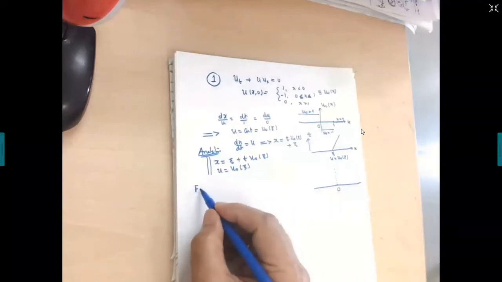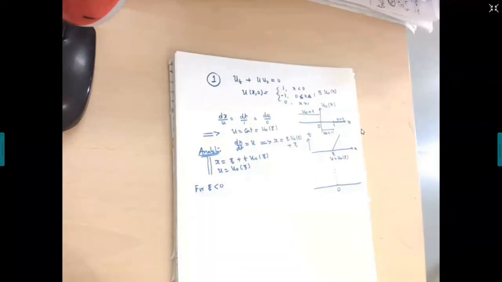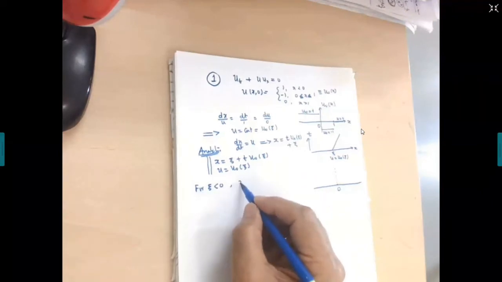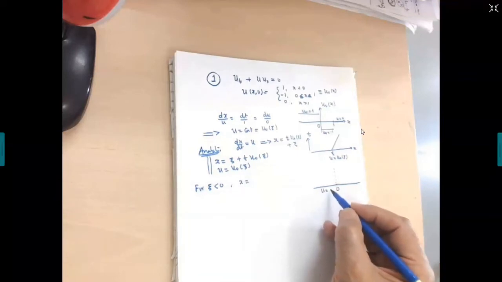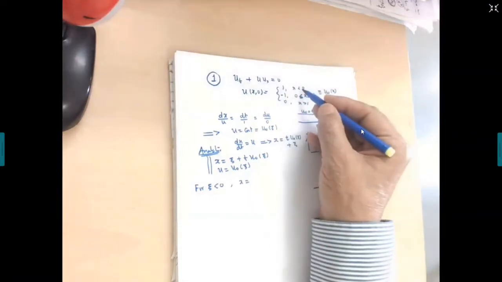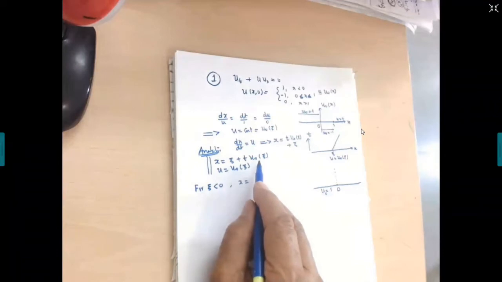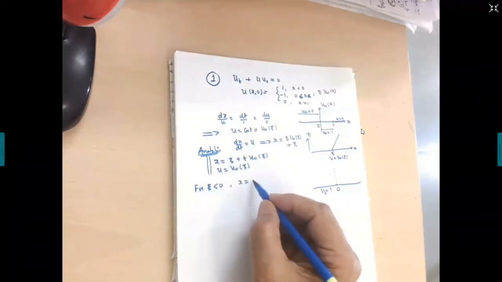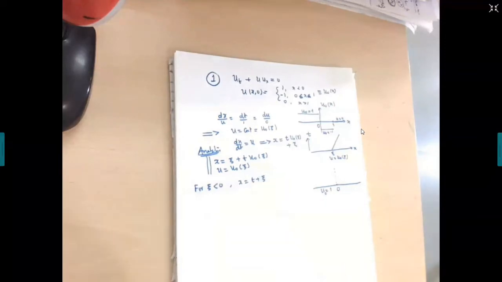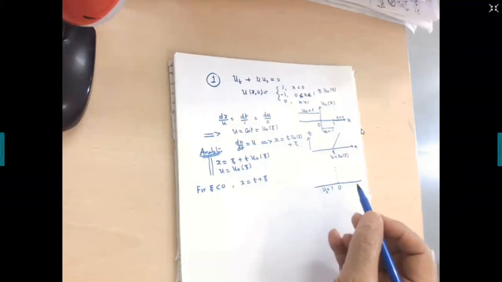That is, for xi less than 0, what happens? x equal to xi plus t, because on this part of the profile, u is equal to u naught, which is 1 when x is less than 0. So when u naught is 1, it will be xi plus t. Am I right? So x is equal to t plus xi. These are the characteristics emanating from this part of the real line.